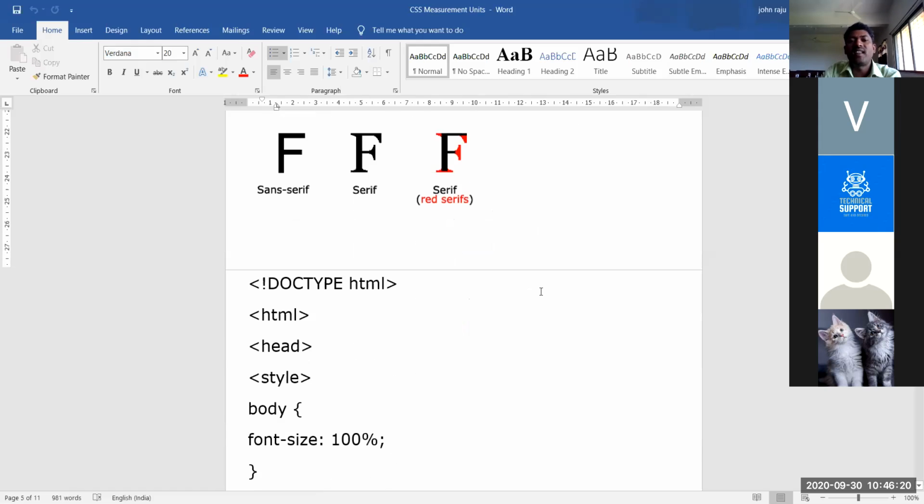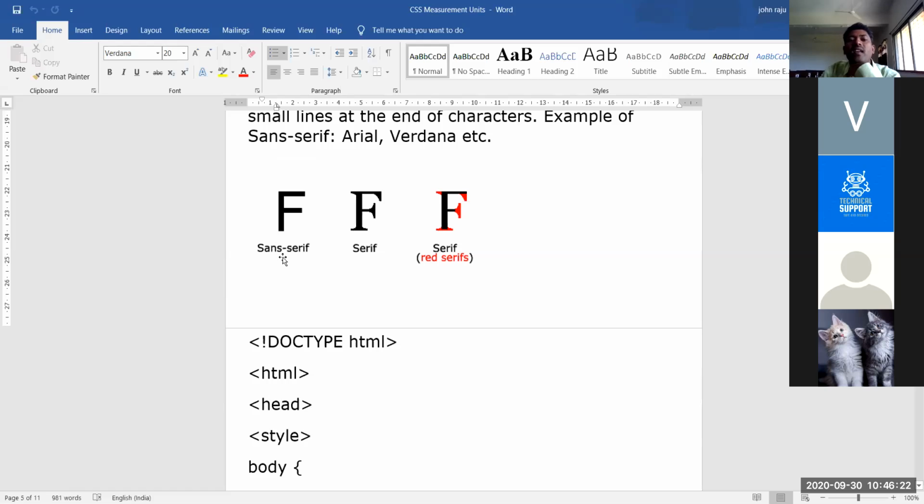So just see, these are the examples. You see this one. This is sans serif, font style. Here is the edge. For this letter, for edges, there is no extra line included. Serif, there are edges with some extra line. Here also some extra line. Here also some extra line. Here also some extra line is included.